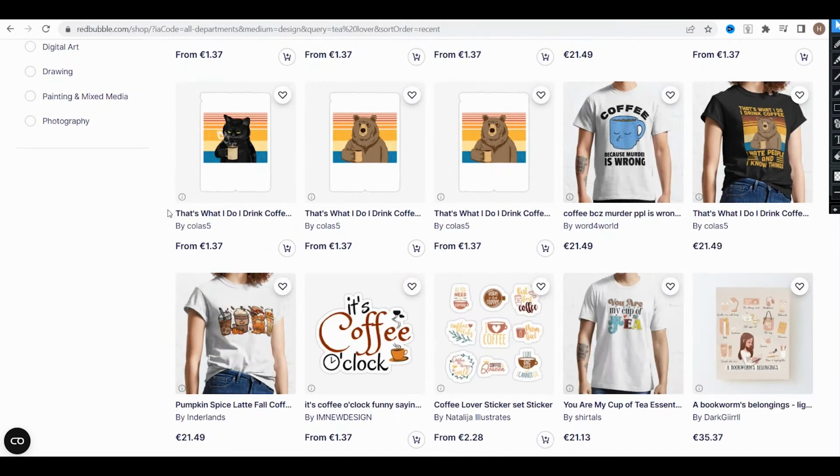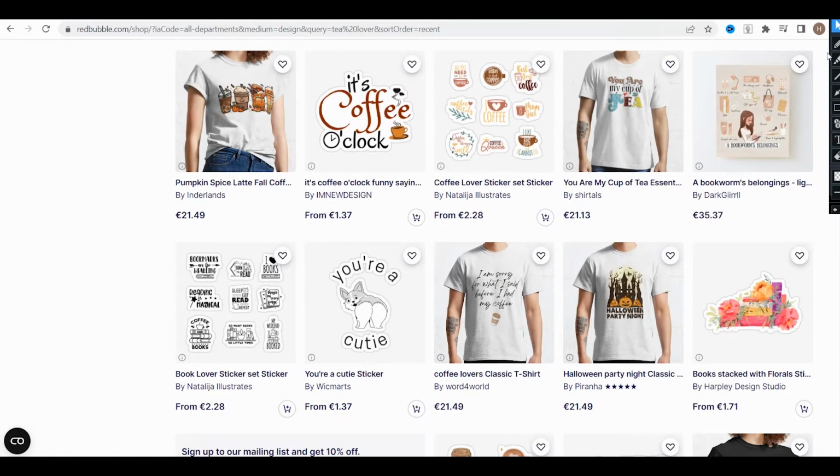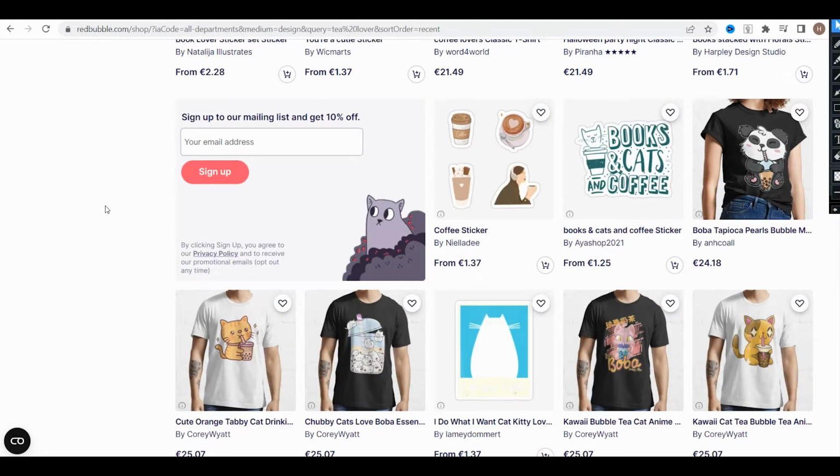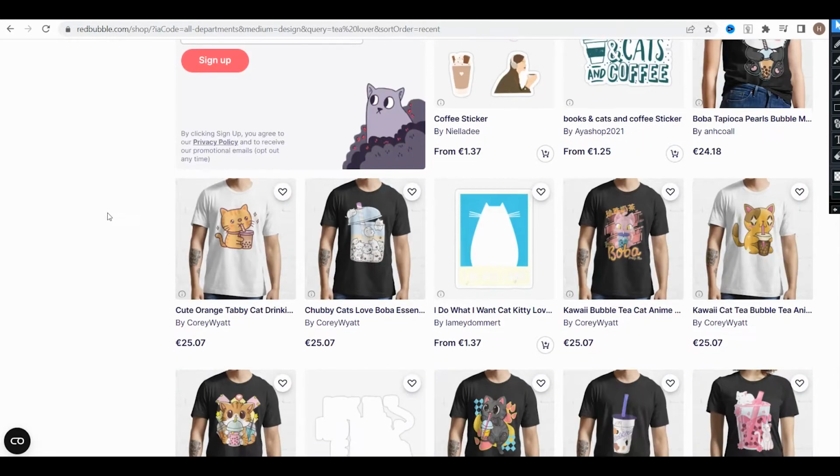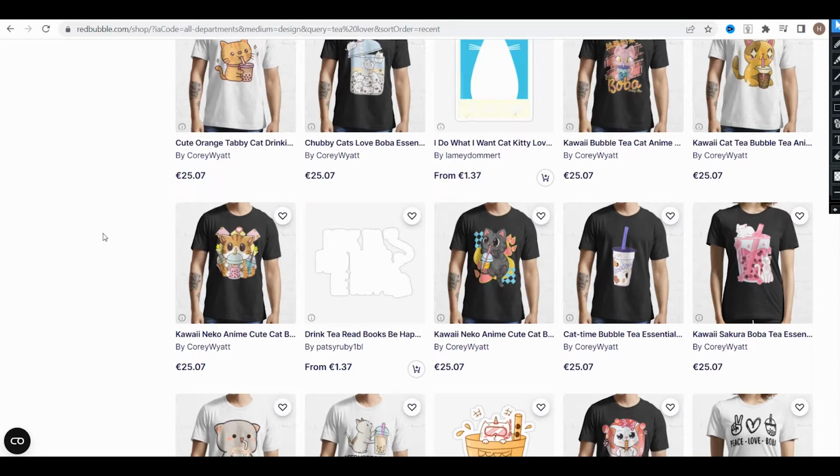And from the new ones we can find some simple coffee illustrations or tea illustrations, tea cups, and some of them are made really nicely with a lot of work in these designs, but the question is why you should make just another one design.